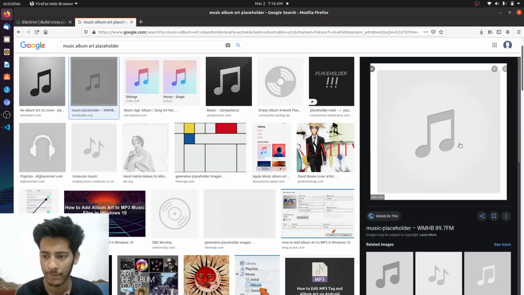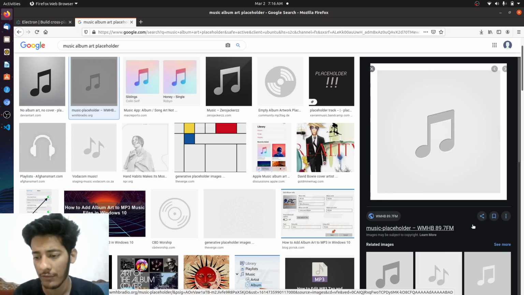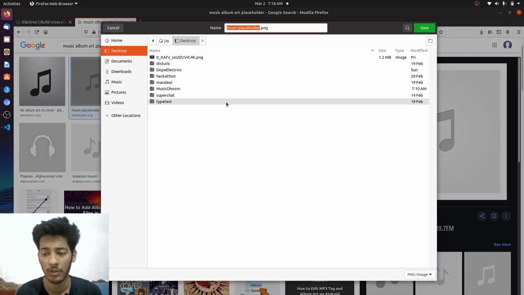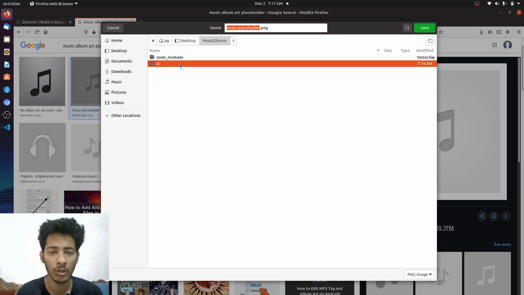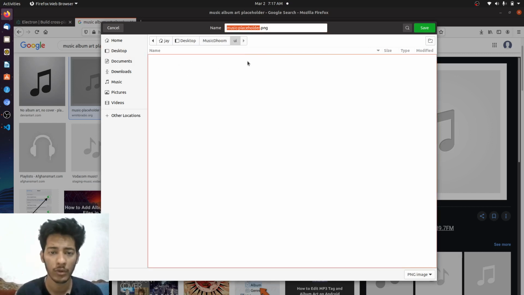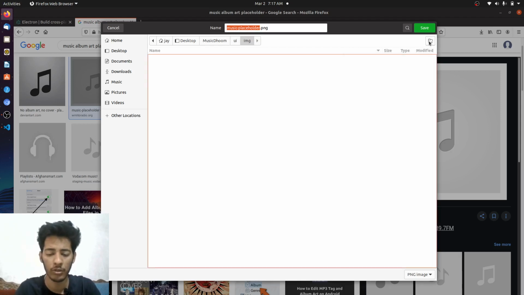Okay, let's use this one. This one is looking good. So let's save this image as, and it will now ask me where to save it. I'll simply give the project location, which is music dhoom UI. Let's create a new folder actually called img that will contain all the images, and let's place this